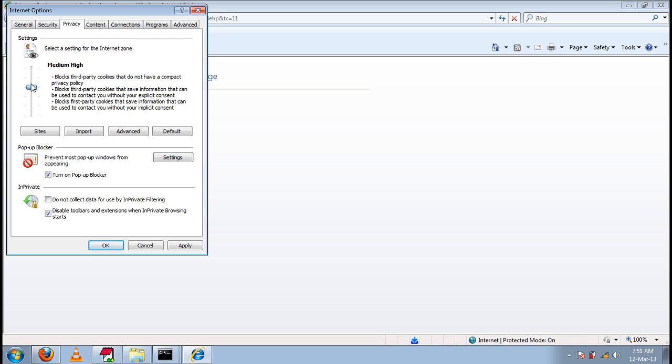So there is a range of cookies based on the privacy policies of the web application. If we drag this to the top, what does that mean? Block all the cookies. So we can change the browser level setting in such a way that cookies are disabled.